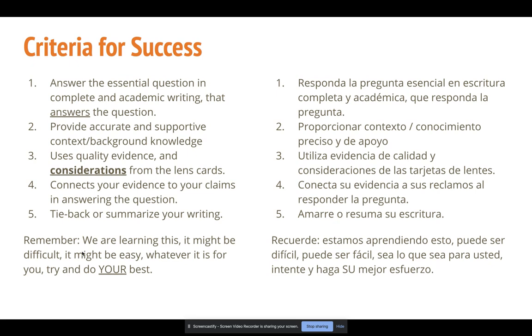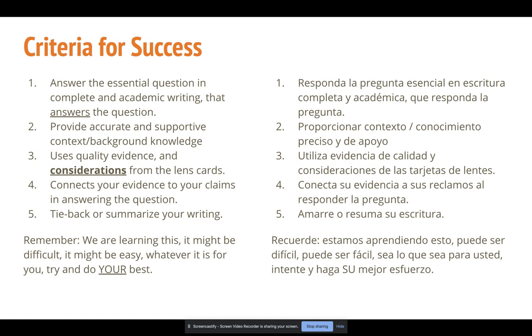Okay. Remember, we are learning this for the first time. This is something that we were supposed to learn in class. So this might be super difficult. It might be pretty easy. Some of us might get it. Whatever it is for you, I want you to try your best. Whatever your best looks like, I want that. Okay. You guys deserve the best education you can get. Right now we're online. Right now it's kind of crappy. It's kind of new. Probably shouldn't have said the word crappy, but anyways,